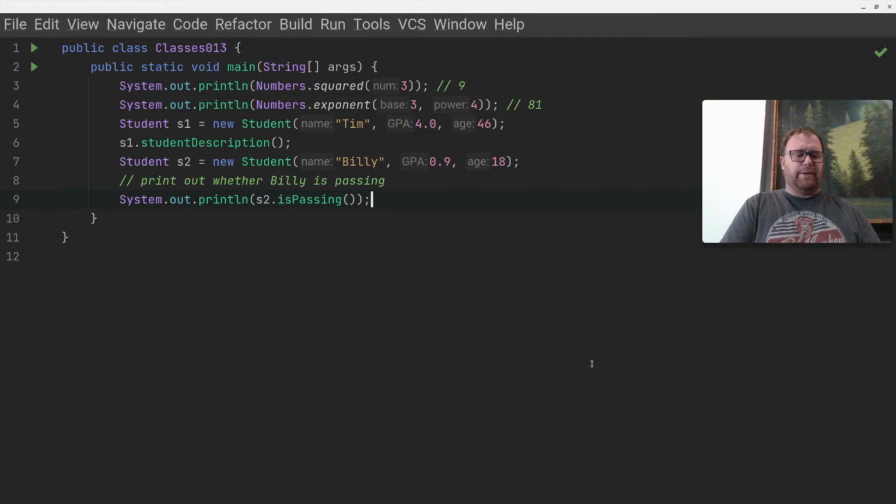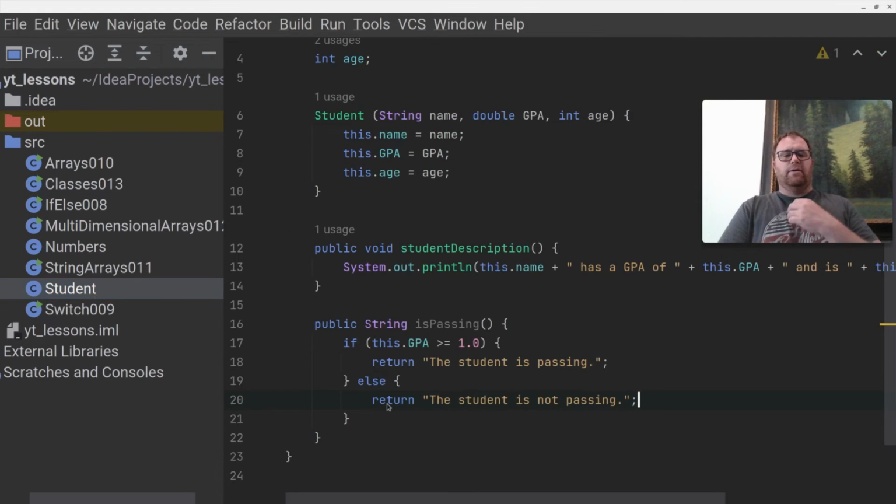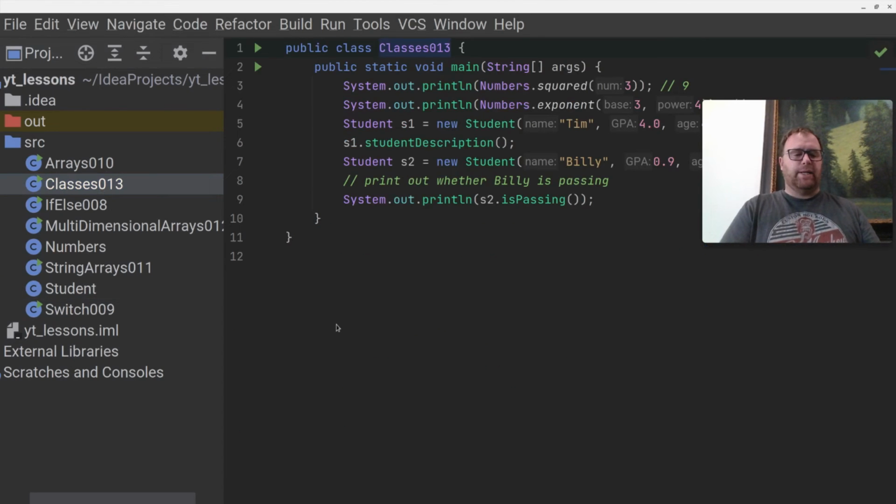Okay, now let's improve upon this method a little bit, make it a little bit more, instead of the student, let's get rid of that. And we'll return this dot name plus is passing here, or this dot name is not passing. Okay, I like that better. Let's go back to classes here